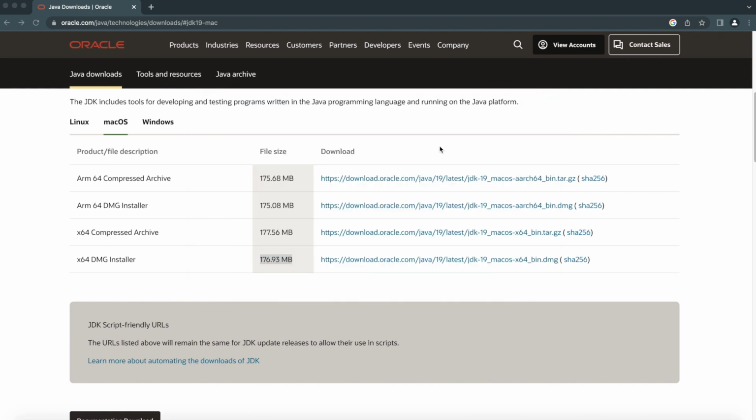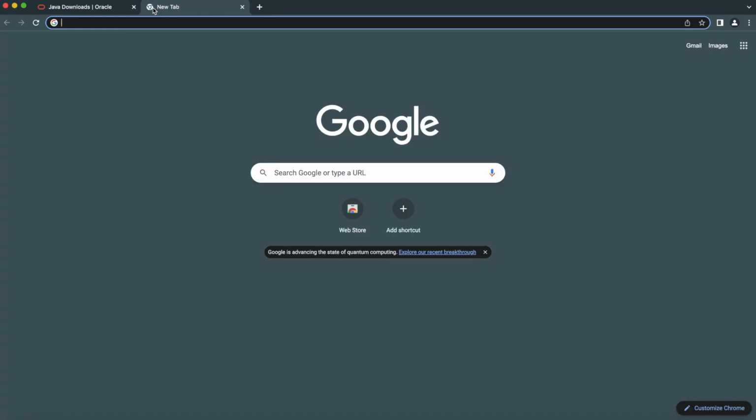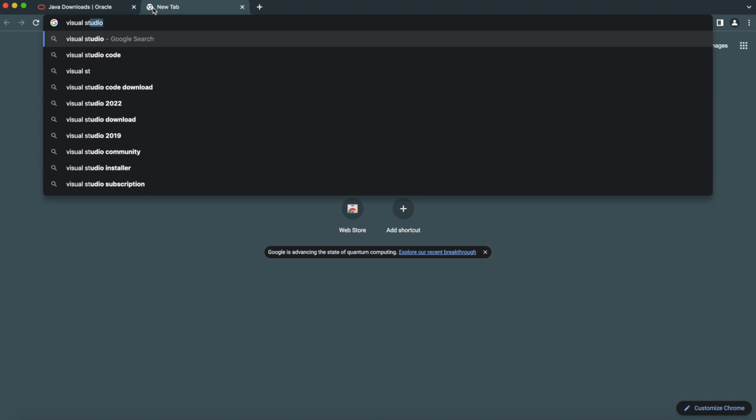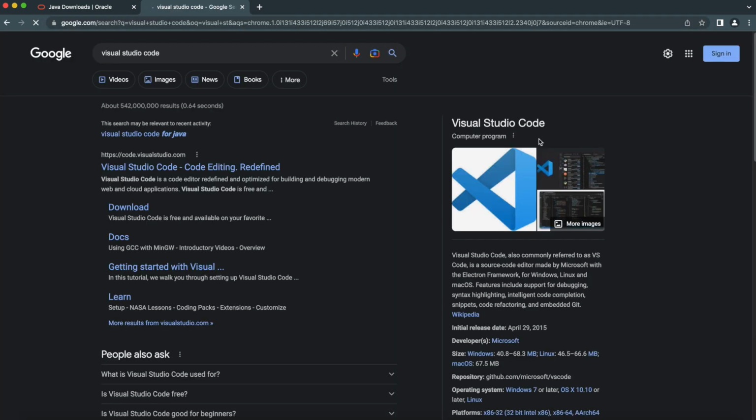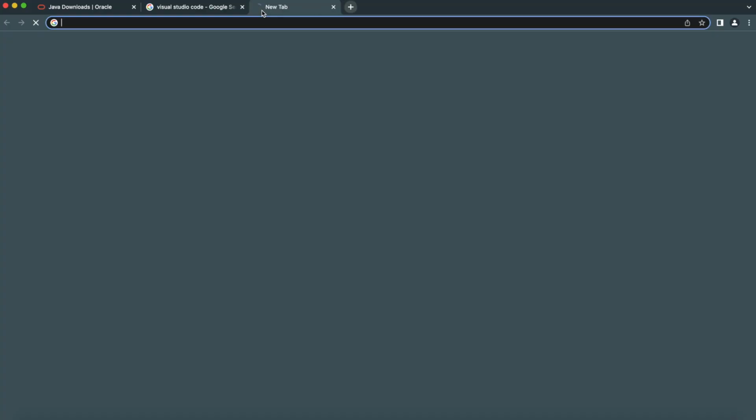And now we're going to have to download some sort of environment where we can essentially develop our code. There are multiple ones that you can choose from. I recommend either downloading Visual Studio Code. It's a great code editor that has multiple code extensions, one of them being for Java. There's another one also called IntelliJ, which is the one that we're going to be using